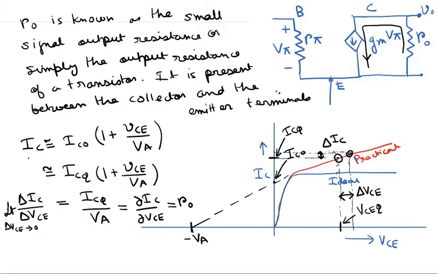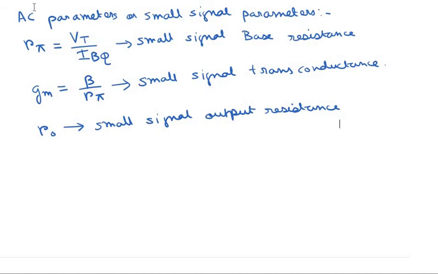Okay, so we have three parameters when one considers the small signal equivalent model. One is this small signal base resistance R pi, this parameter over here. The second one is the small signal transconductance, this parameter over here, and the third parameter is the small signal output resistance, or simply the small signal resistance R0 given by